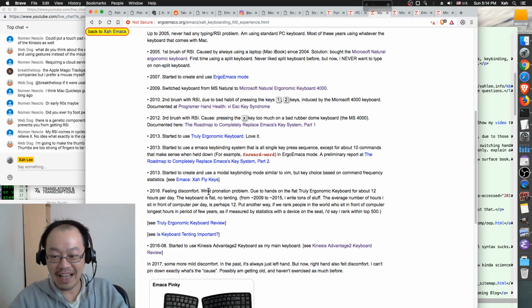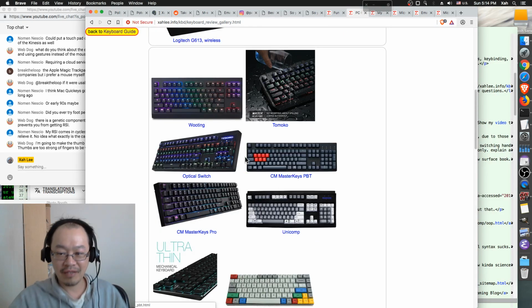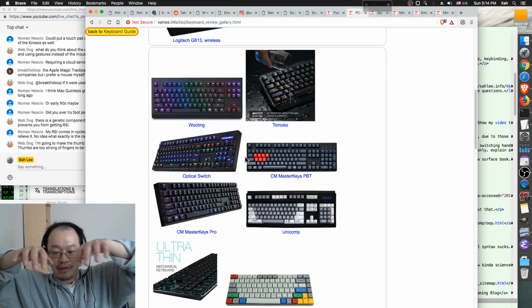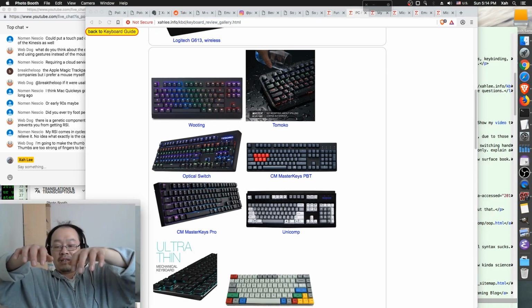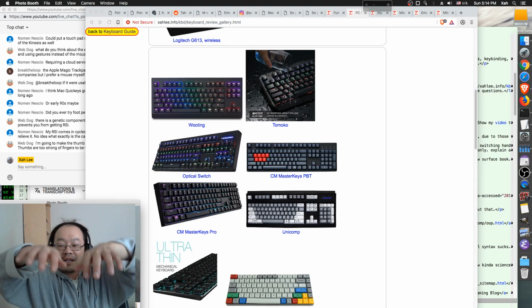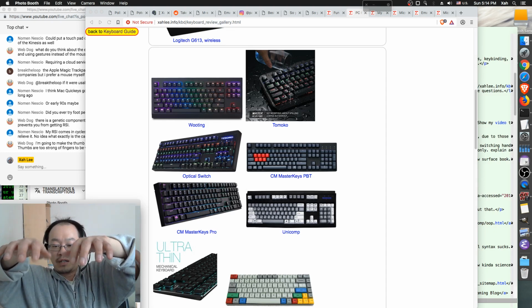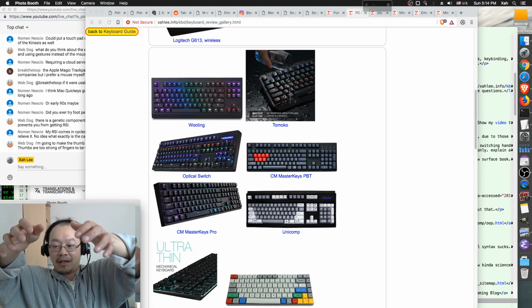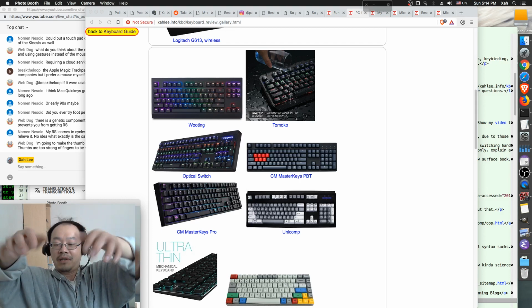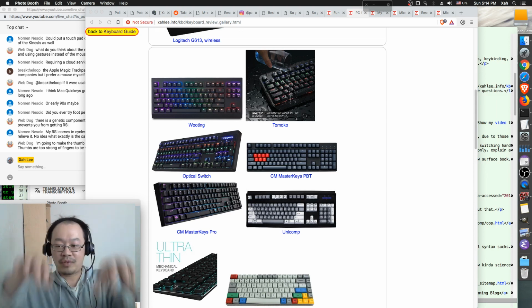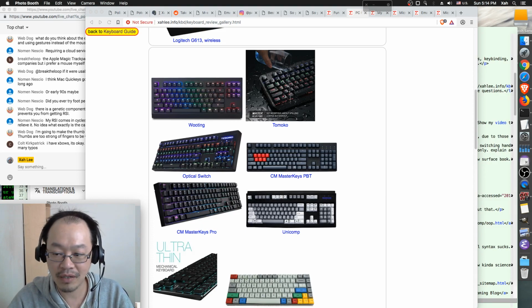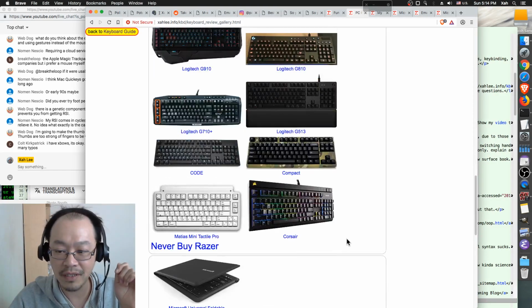Wrist pronation is like, if you have a keyboard, these flat keyboards, when you put your hands on the keyboard, it's like that. But if you are using an ergonomic keyboard, it's like that. So this way is more comfortable, but this way is not. This is a normal keyboard. I have this problem. This is a wrist pronation problem. Why? Because I was using... let me show you this keyboard.